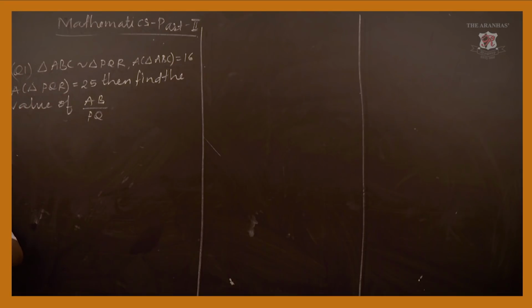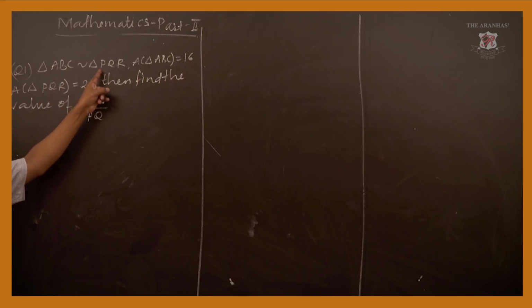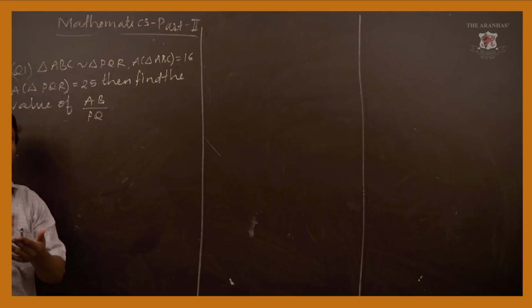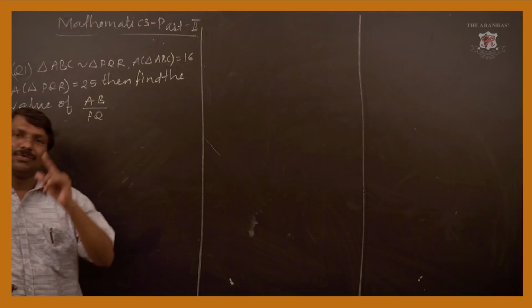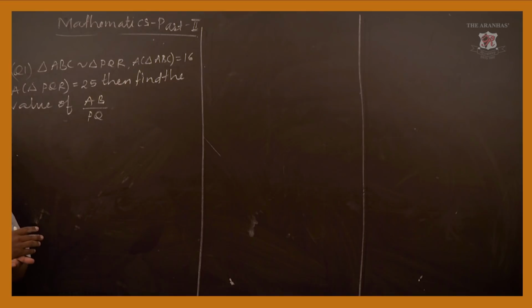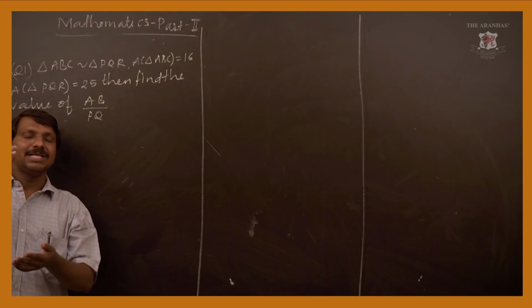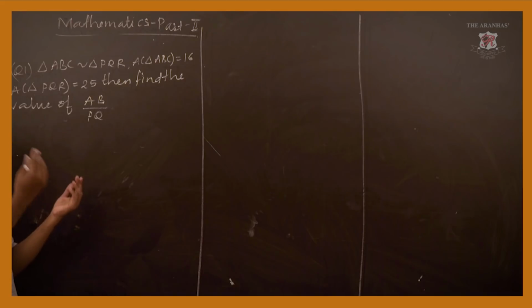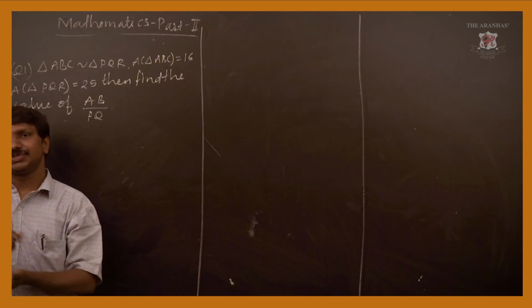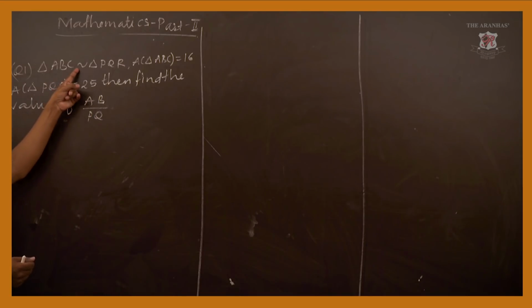This is a 1 mark question and very easy, if you know the concept. And I think you may understand the theorem which I explained to you. According to the theorem, we will continue. See what is here. Triangle ABC is similar to triangle PQR. Triangles are similar, and area. So when we read the question carefully, we'll realize the question itself will guide us. Just follow the steps. For finding the answers, all the clues are given in the question only. So here we realize similar and area.